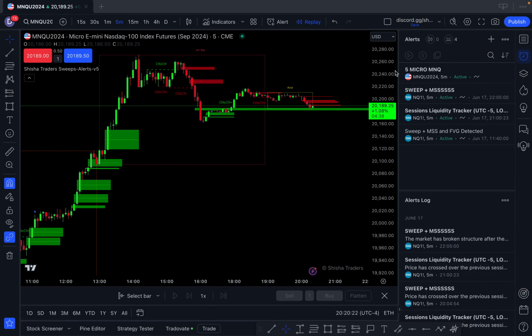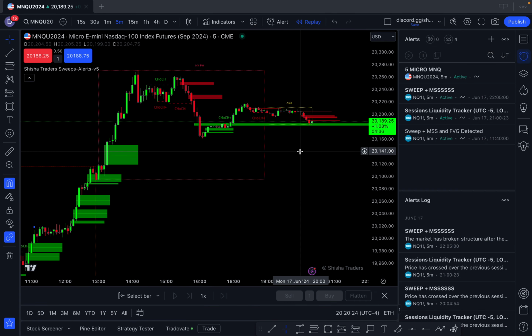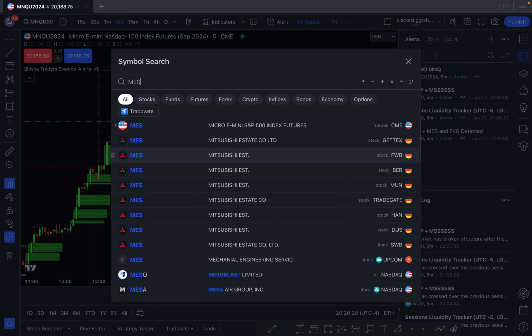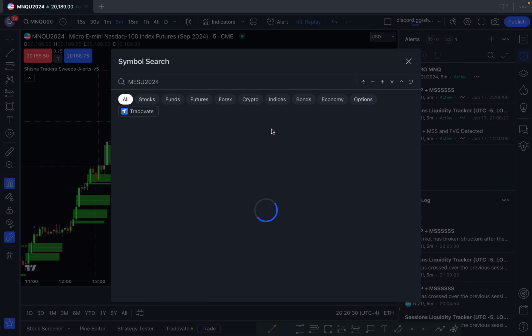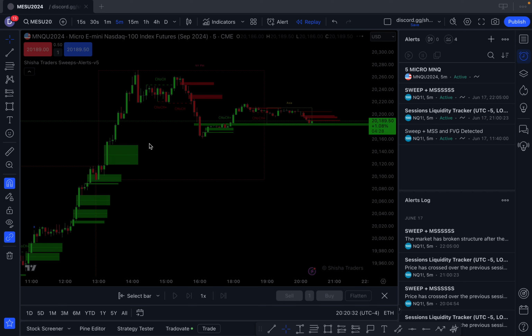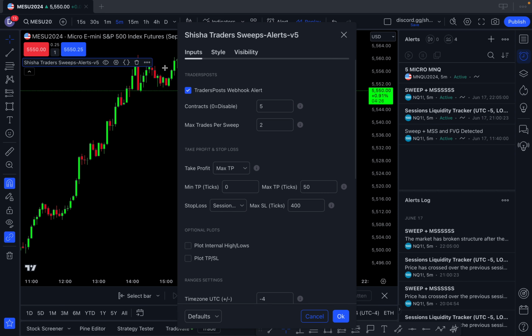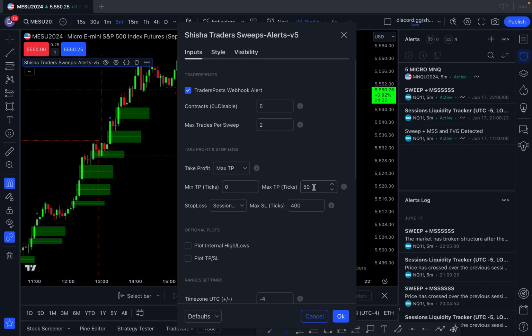But let's say later on in the day you decided, oh, I like ES, I want to trade ES as well as MNQ. Then just go to MES, was it U 2024? And go here. Save, keep everything the same. Maybe the ticks you can change, because ticks on NQ and ES are different. So one tick on NQ is $5, but on ES it's